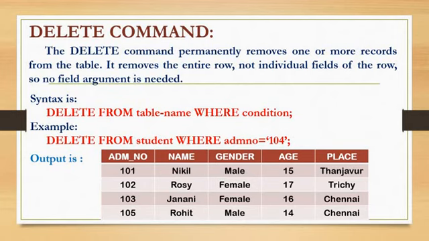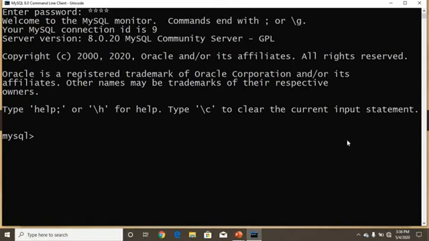I am going to show how to execute the constraints and the where clause and delete clause. First, I am going to select my database. To select a database, we have to use the use command. My database name is Anand. I am giving Anand. The database is changed. Now I am going to create a student table: create table student, open brace.